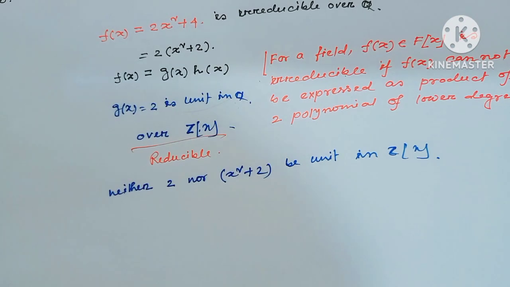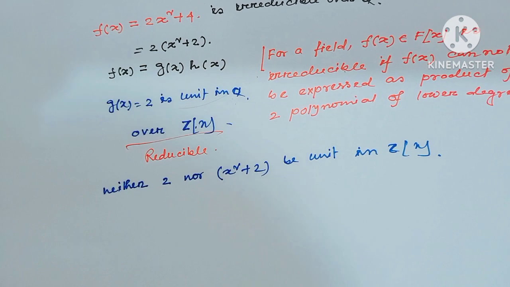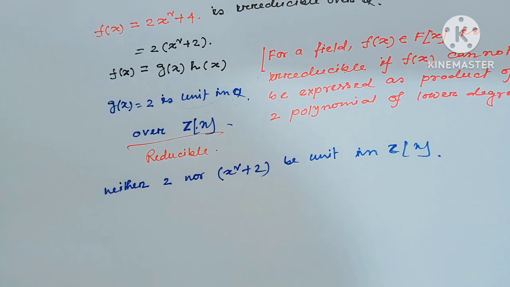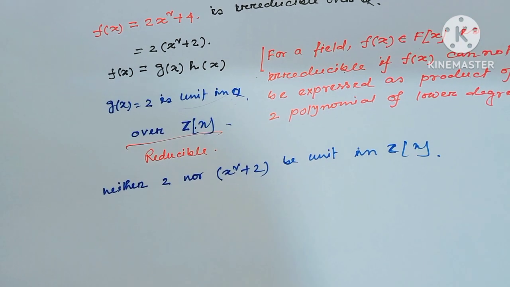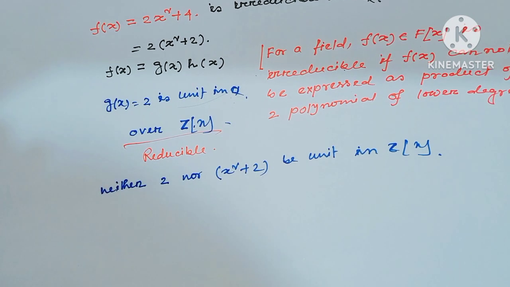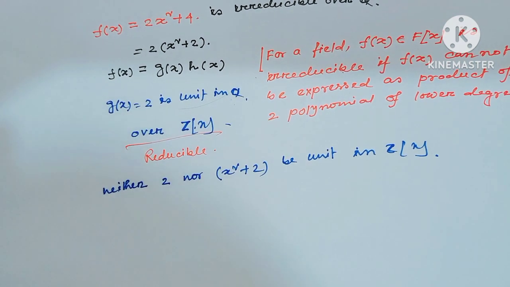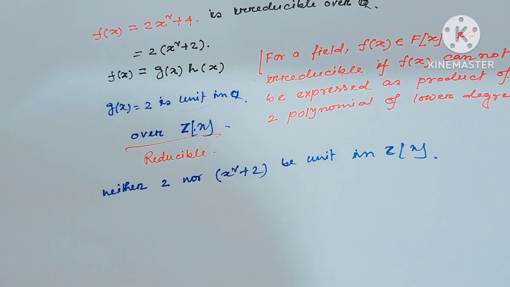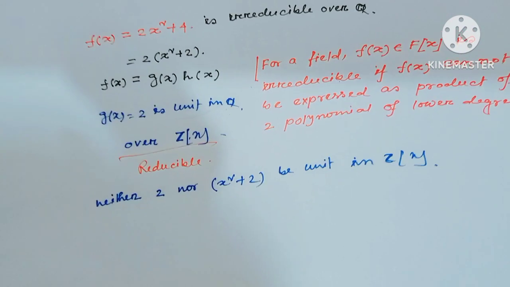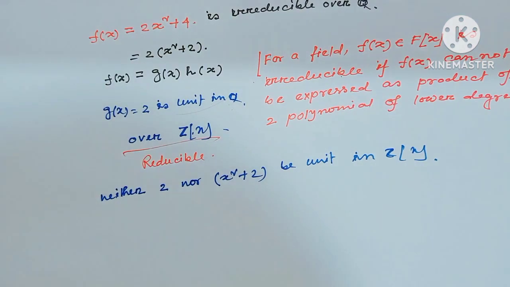So if we consider f(x) = 2x^2 + 4, this is irreducible over Q but reducible over Z[x]. That means reducibility and irreducibility depend on the domain. Same polynomial, but this is irreducible over Q, not reducible